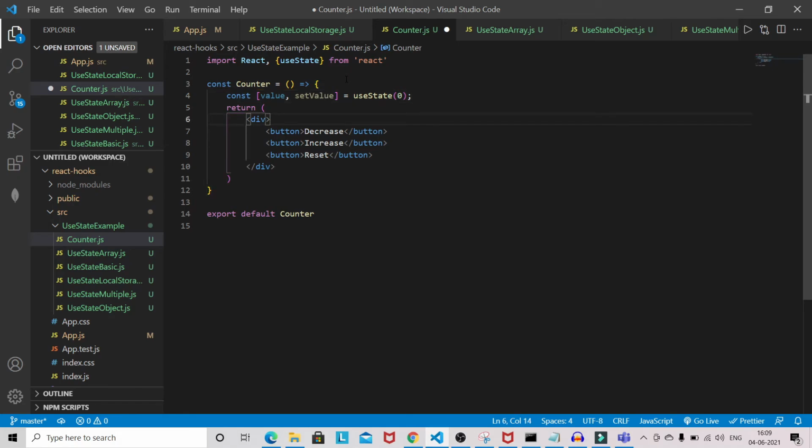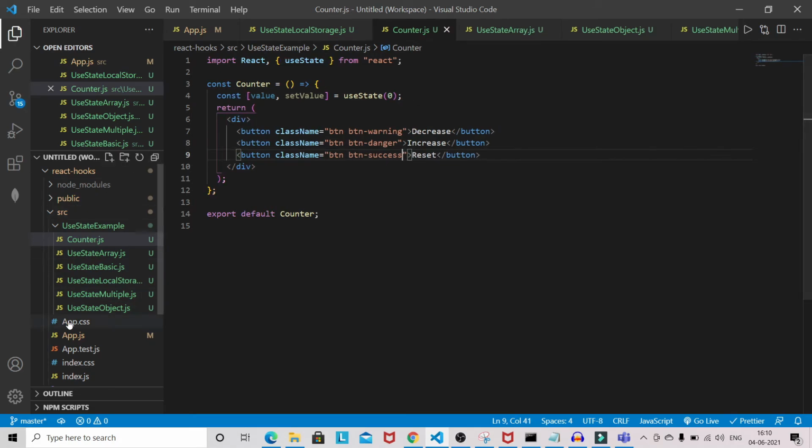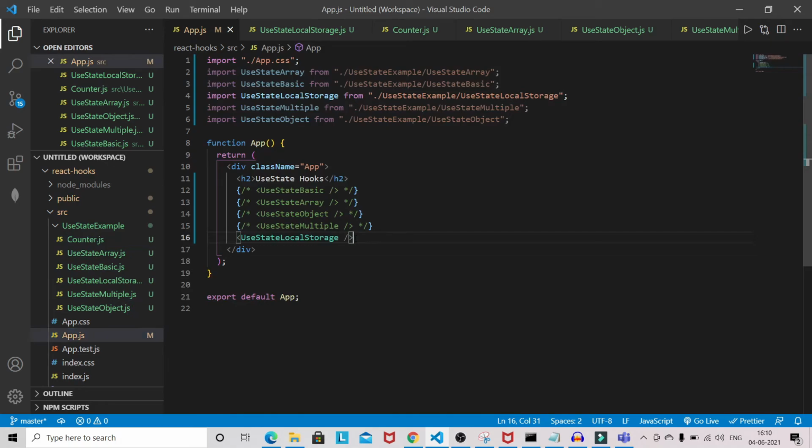So let's give the class names. You can give btn warning, you can give btn danger, and you can give this one btn success. Okay, let's import that file here.